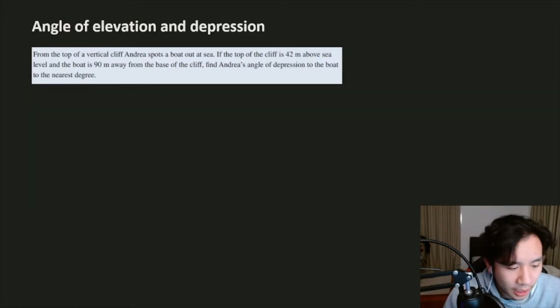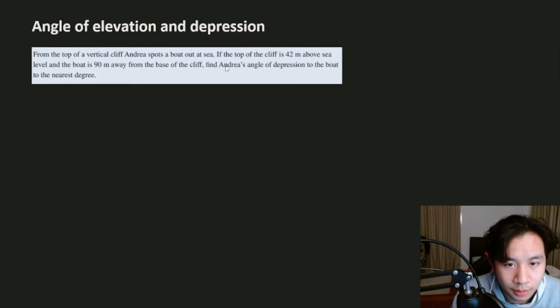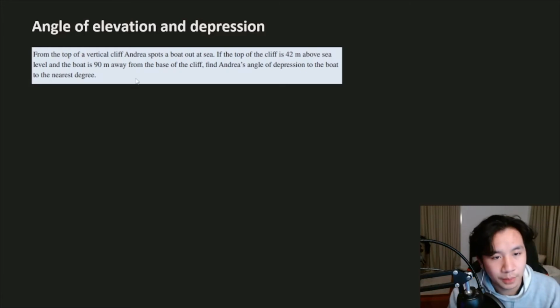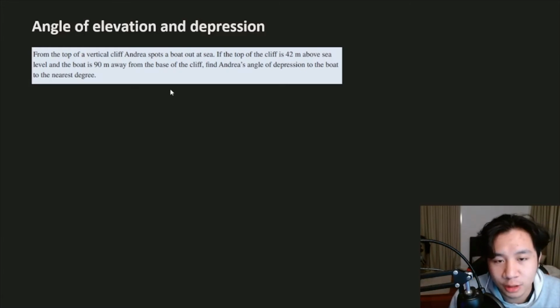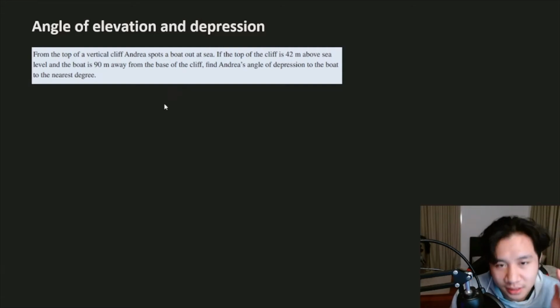So here we're given an angle of depression question, and it says from the top of a vertical cliff, Andrea spots a boat out at sea. If the top of the cliff is 42 meters above sea level and the boat is 90 meters away from the base of the cliff, find Andrea's angle of depression to the boat to the nearest degree. Now what sucks is they don't give us a diagram, and so we kind of have to figure out what